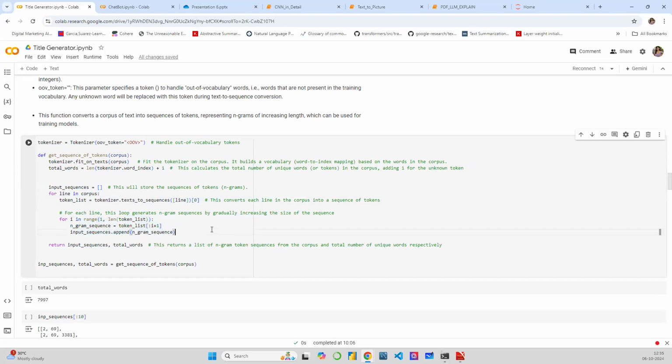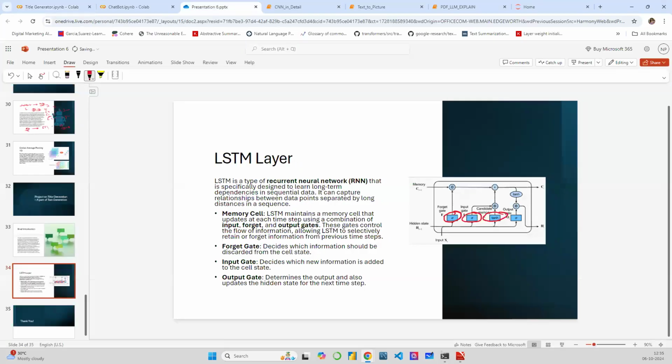So, n-gram, what is that? If you have a single word, that is just a word. I'll just show you here. If I pick this sentence, LSTM is a type of recurrent neural network, from here to here, this is a complete sentence. If I want to pick it up as a 2-gram, what will happen? It will be like LSTM